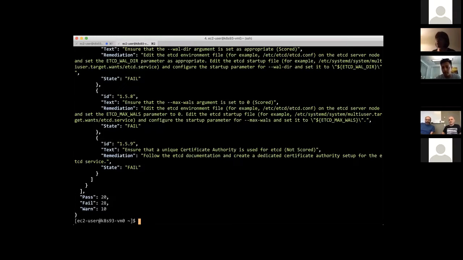So what we've tried to do here is to do what the benchmark says. And the benchmark has some tests around looking at what's actually being executed, using ps and looking at the parameters that were passed in that way. And it also has checks on things like the permissions and ownership of various config files. And I think pulling that together into something that's really representative of what people have in Kubernetes clusters